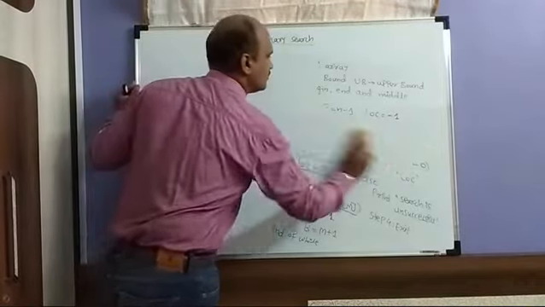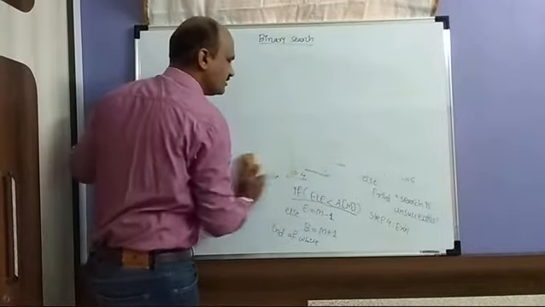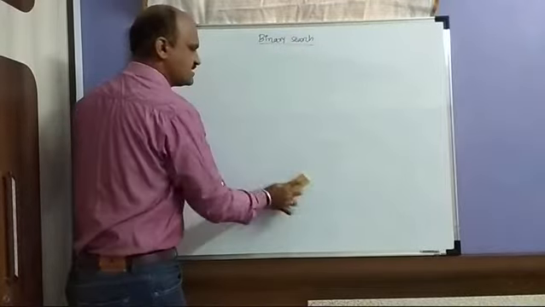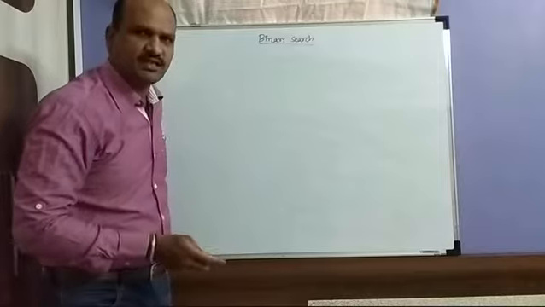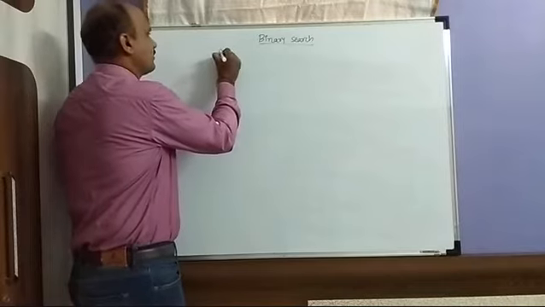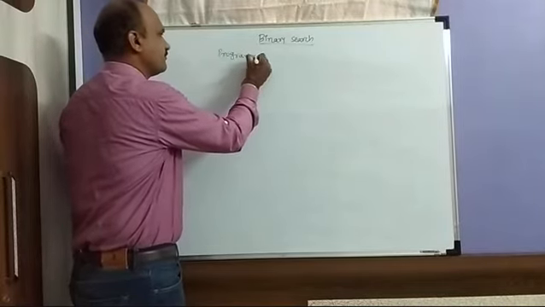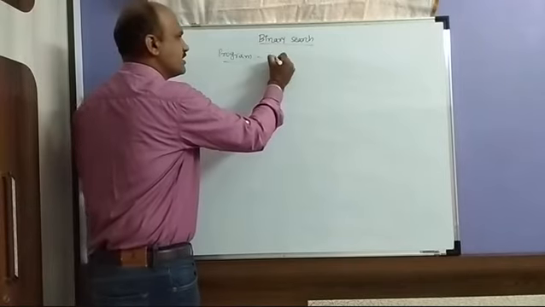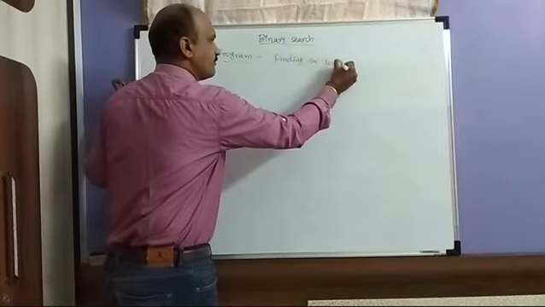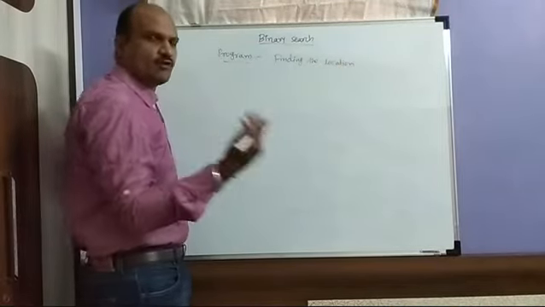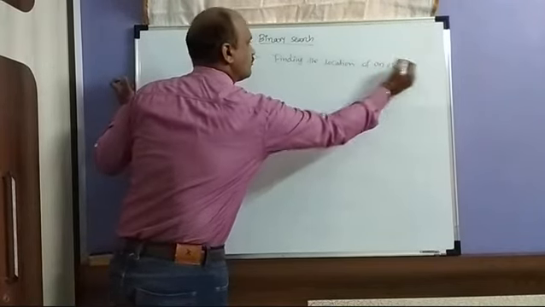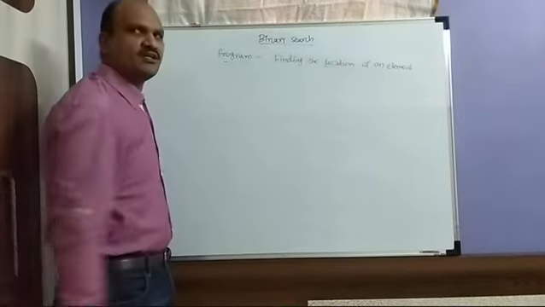Okay, so using these conditions, first you have to find the middle element. Then again, if the middle element is the same as the searching element, then automatically it will exit. You have to use the break statement in the program, then you have to write the condition. Okay, so I will write the program, here also finding the location, so you have to find the location of an element. But you are using what? Binary search. Earlier we used the linear search.